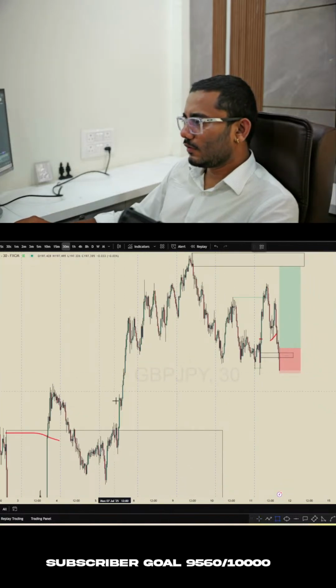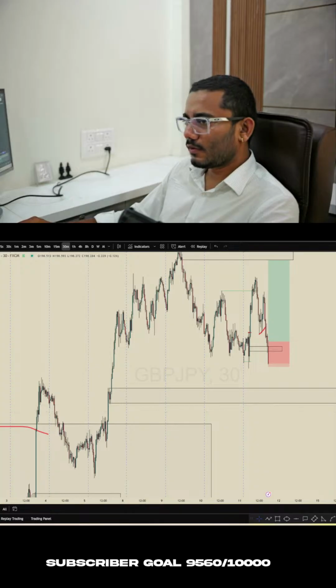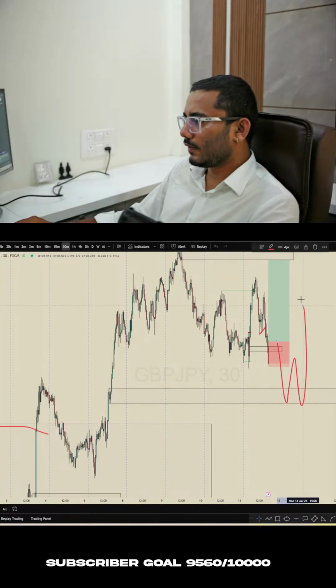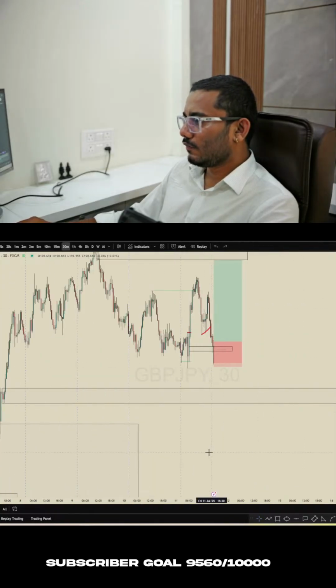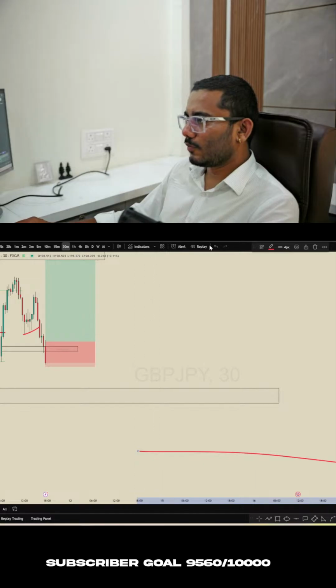And there again, there is only this order block where price can react, but this is not good for entering directly. We want to see this kind of pattern forming again,